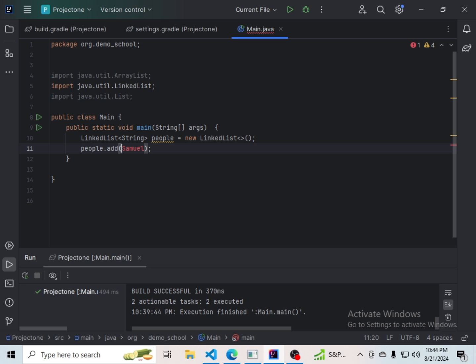I've just been using JavaScript and I'm making a mistake here. Java doesn't want that. When you use double quotes it is a string, single quotes is a character, like that. So I've added Samuel, and now this Samuel is not simply Samuel, but it is a node that holds Samuel